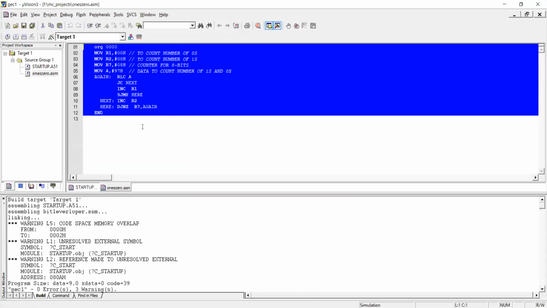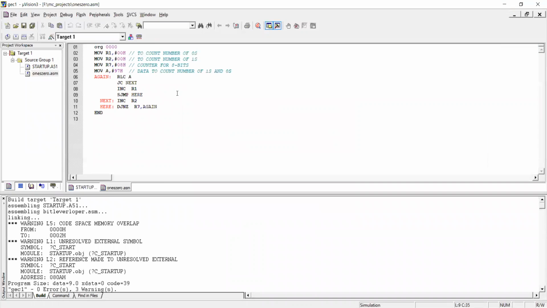Depending on the results of that rotate instruction, it will set some of the flags, whether the carry is 0 or the carry is 1, and we'll count the number of ones and zeros in a given byte here. As you can see, we have these registers initialized with these values.